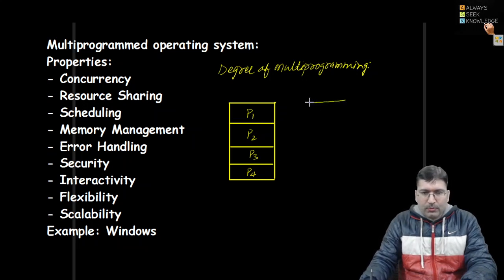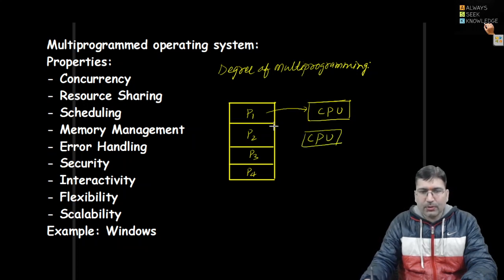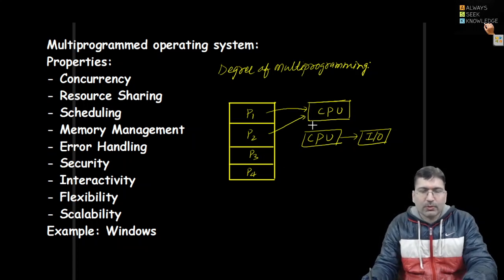The CPU is getting allocated to processes one by one. So let's say process P1 gets the CPU control and starts executing. When it is consuming CPU cycles, the CPU is allocated to P1. But once P1 requires IO, then rather than making the CPU idle, the next process, P2 or P3 or P4, will get the CPU control. And this behavior will be controlled by the scheduler. We will discuss that later on.